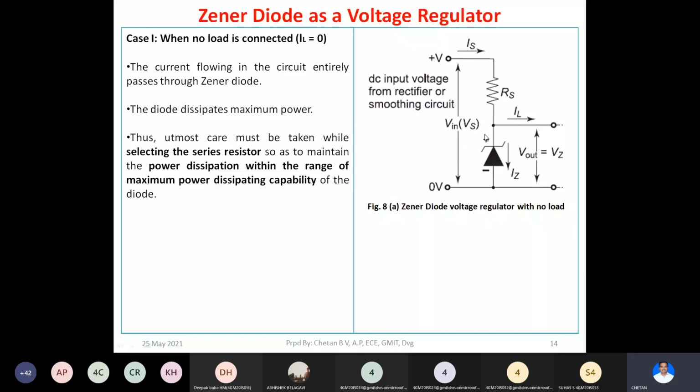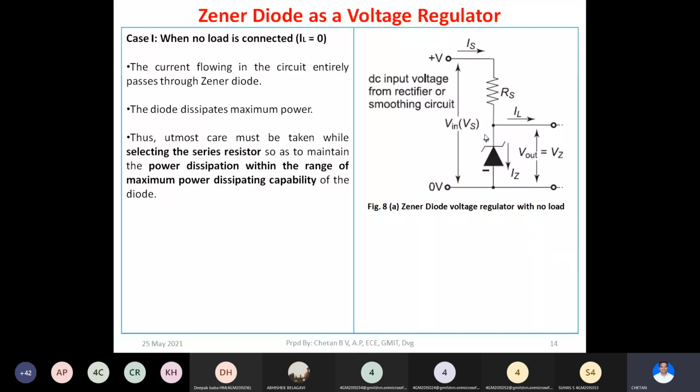What is meant by power dissipation is the amount of power lost in terms of heat. The next question is how the heat is generated. The heat is generated whenever there is a finite amount of opposition or resistance to the flow of current. Whenever you apply voltage across the diode, current flows through the diode, and this flow of current is opposed by the diode. Nothing but the diode resists the flow of current. Due to this resistance, heat is generated, and the amount of power which is lost in terms of heat is called power dissipation.